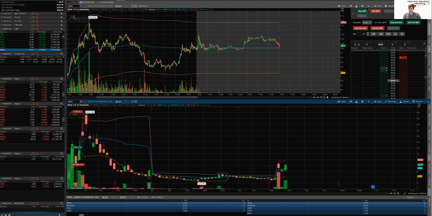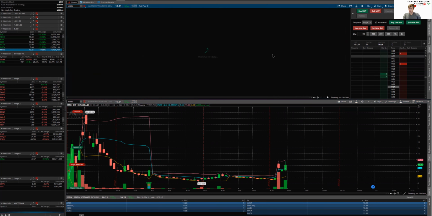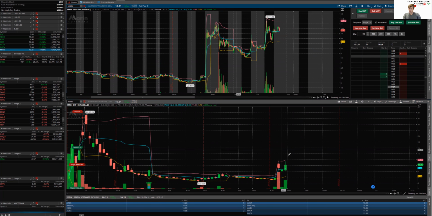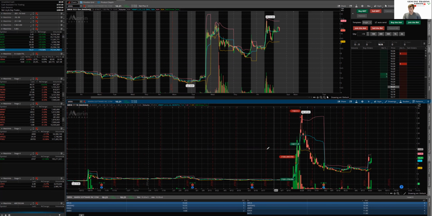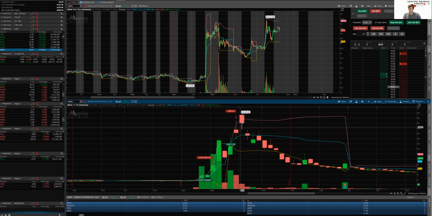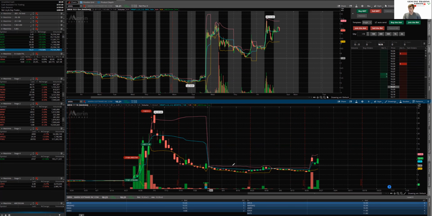MRIN, even though it's a former runner, until it can show more proof and potentially run again, I still think that back in these days where it was really running hot, there's potentially still some more bag holders down in this stage 7 where it starts to fade back down. So it runs up, I'm anticipating a lot of people starting to sell into it on the way up, possibly keeping it down a little bit more. I don't know why it's up. I don't know if it's news that they got or something, but even though it's up here,